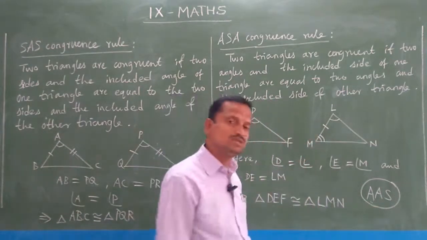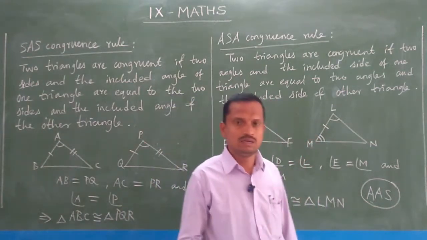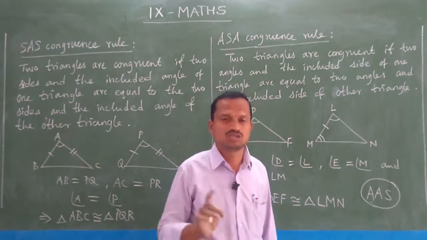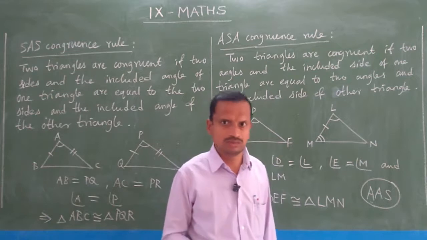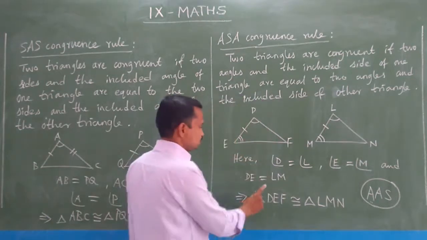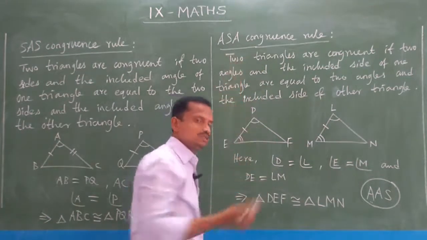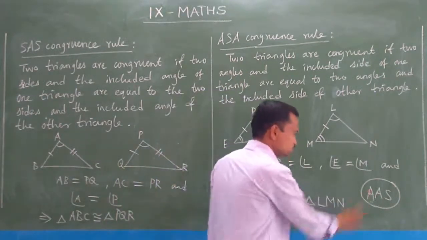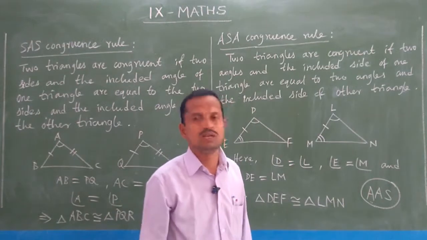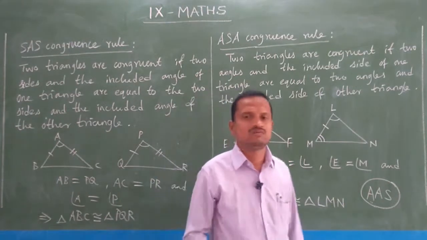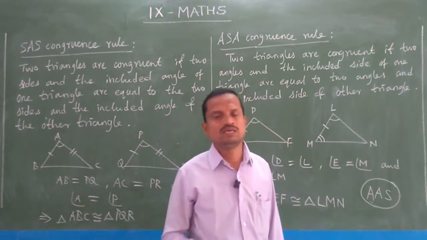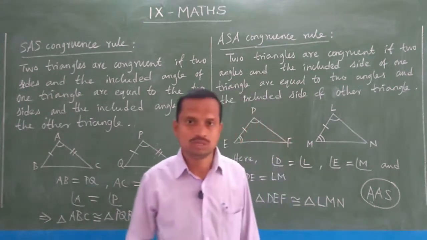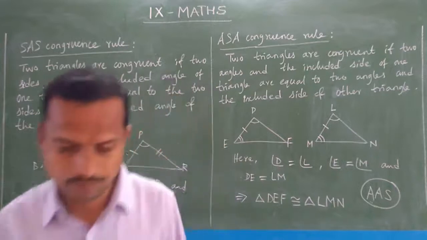So, AAS means out of two triangles, any two corresponding pairs of angles and any one pair of sides, that is all, not the included side. Okay. So, ASA means the side is included between two angles, but here it is not like that. Any two angles equal and one pair of sides equal, then we can say they are congruent by AAS rule. Clear? So, I will write that definition also.